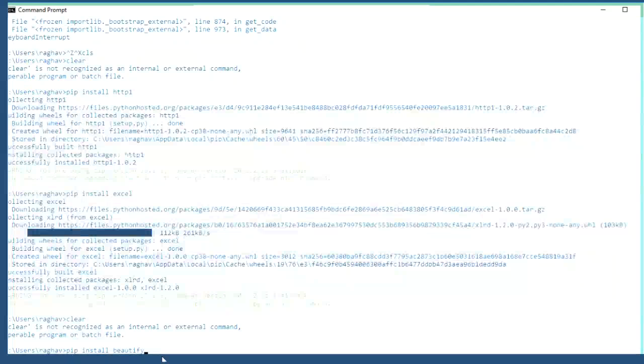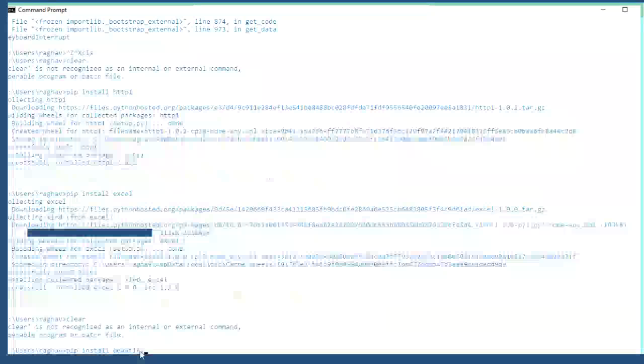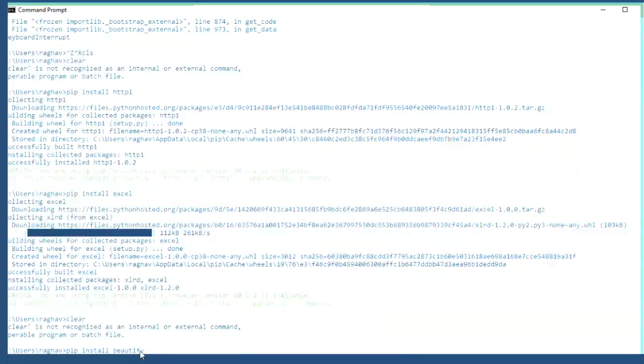If you see pip anywhere, I have not installed it here for this version. For 3.x I have installed. But what you have to remember is to check whether pip is installed or not. First, when you enter this command and click enter, if pip is not installed, it will show you.